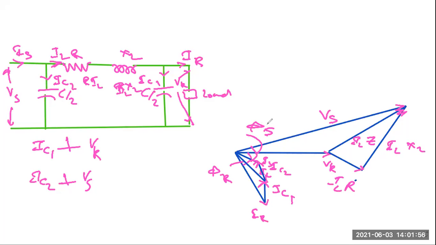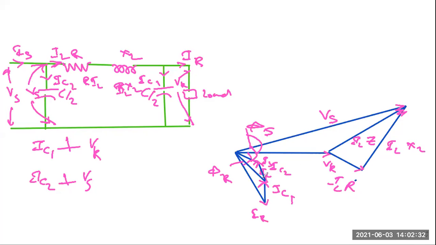Sir, IC2 perpendicular on VS, but the vector drawn is a little different. It should be parallel to VS, sir. Which one? The one on which IC2 is made perpendicular, sir. Actually, yes, you are right. This is the perpendicular thing. This is the perpendicular.